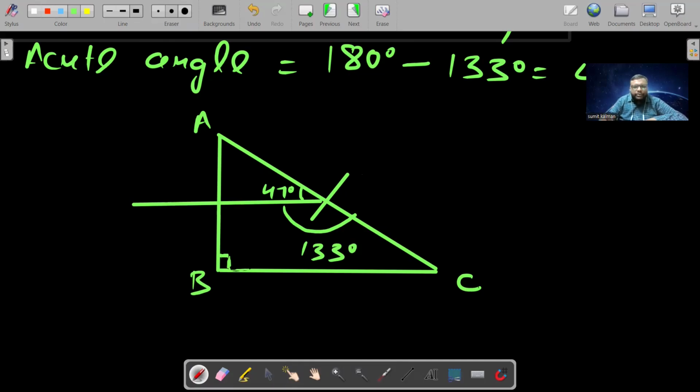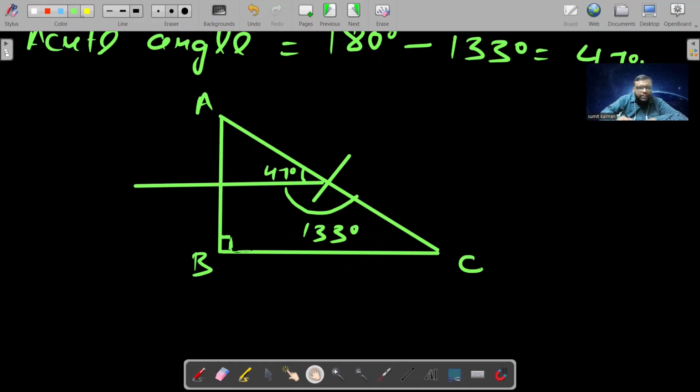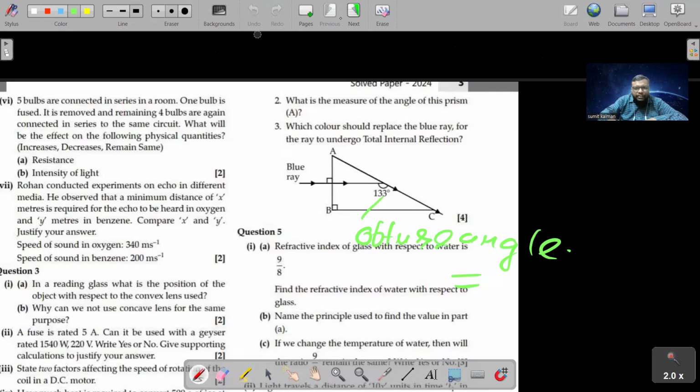Now, students, here we will calculate angle of incidence because what we have to find out in part A is the critical angle. And students, if you will carefully see this prism, you can just see this refracted ray is grazing along the